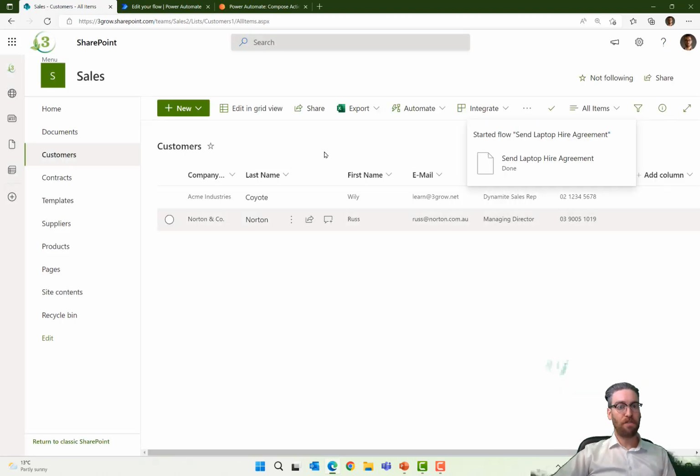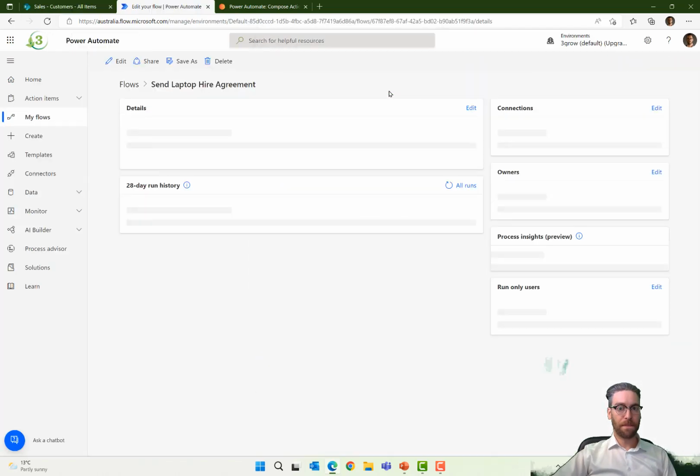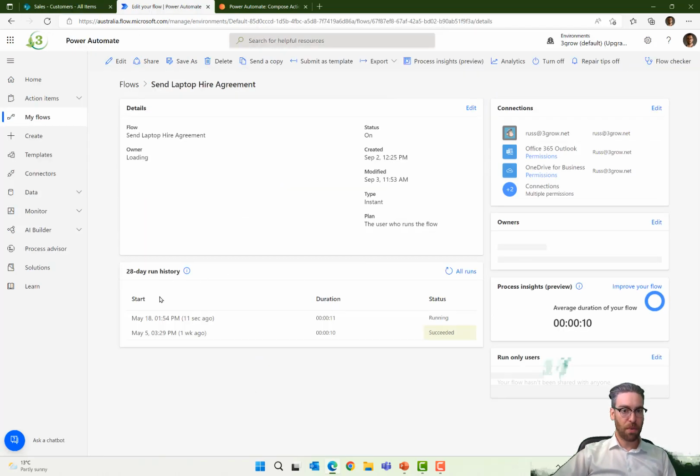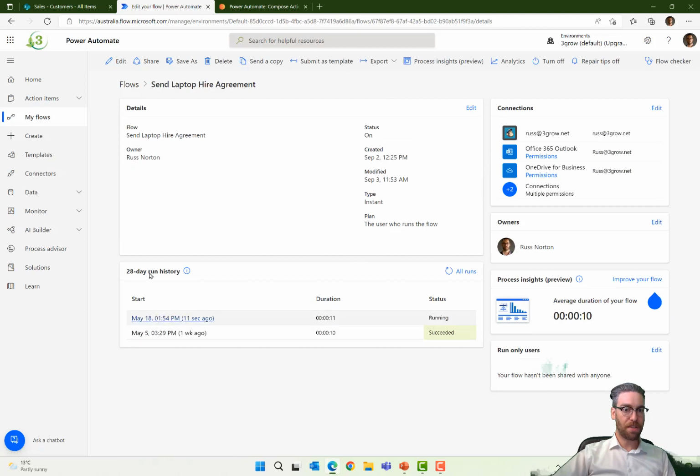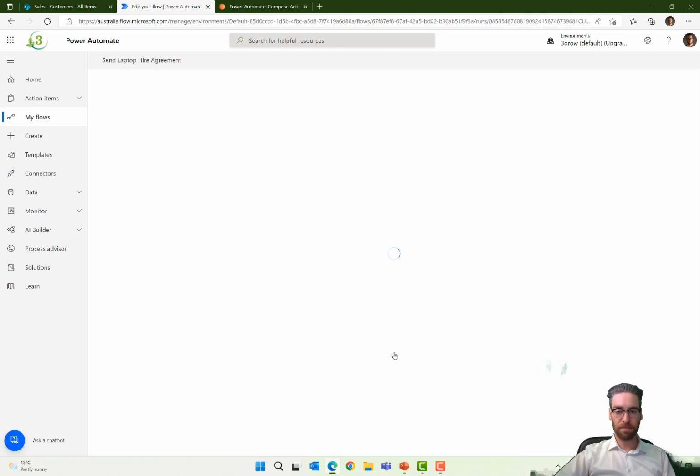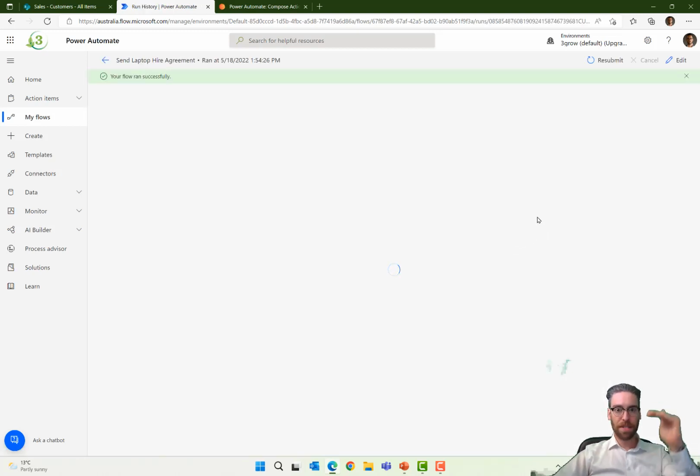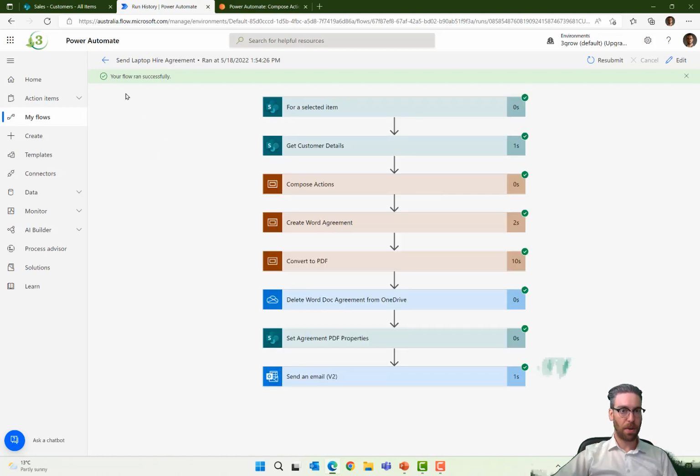Now, that workflow is running behind the scenes. And as it's stepping through that process, we'll see here in the status of the workflow that it's currently running. And we can even follow it step by step, although it has already finished in this instance. Let's now go and see the end result of that workflow